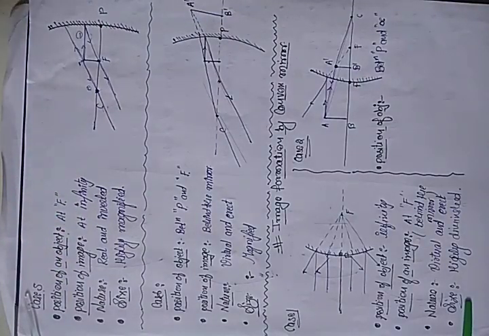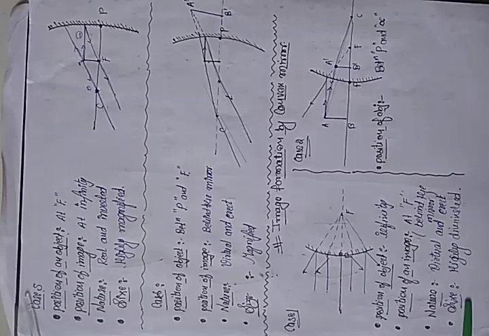If it is not clear, see 1 time, 2 times, 3 times, so it is able to understand. Which are the two rules? Rule number 1, incident light parallel passing through focus. Okay, now rule number 3, center to center, both remain parallel, never intersect, they will meet at infinity. Okay, so this is our case number 5.